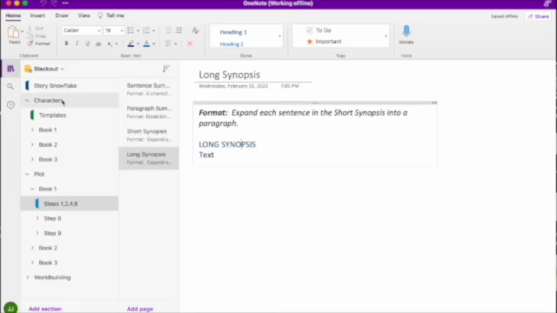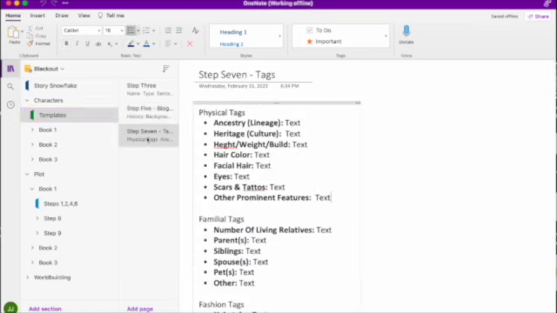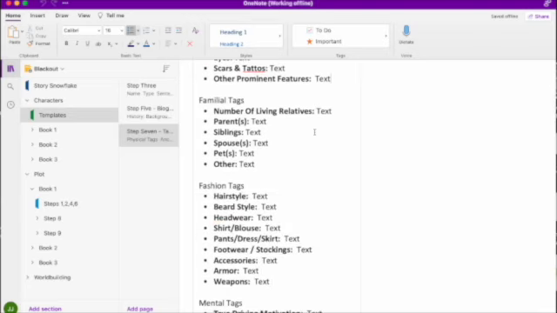So now we're going to pop back over to characters, and we're going to do the all-important step 7, tags. Tags are the things that help your reader identify your character. And of course, the normal stuff: height, weight, build, hair color, facial hair, eyes, what eye color they have, scars and tattoos, familial tags, parents, siblings, spouses, pets, relatives living, how they dress,